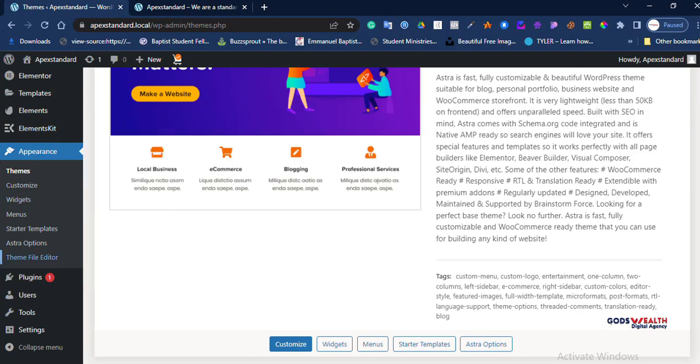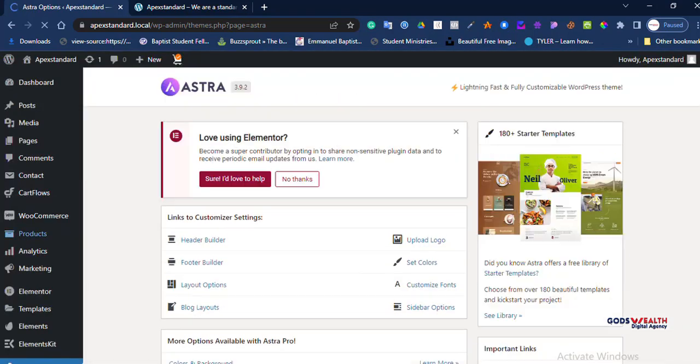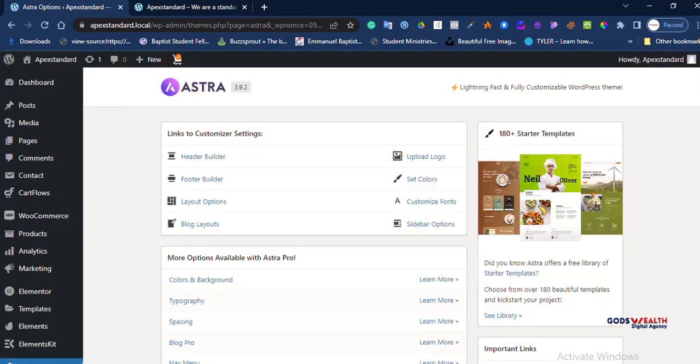So for this now, we have the Astra option. What we want to do is go to the Astra option and see whatsoever we can set up with respect to the theme. You see here now, let me just say no thanks. Elementor is disturbing me. You see here now, this Astra, and these are, how will I put it now,